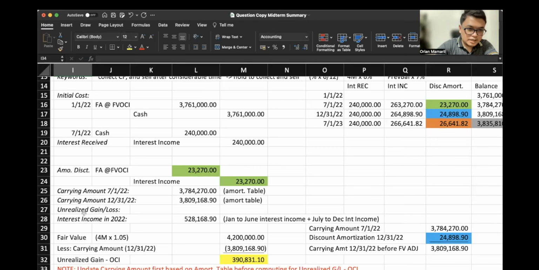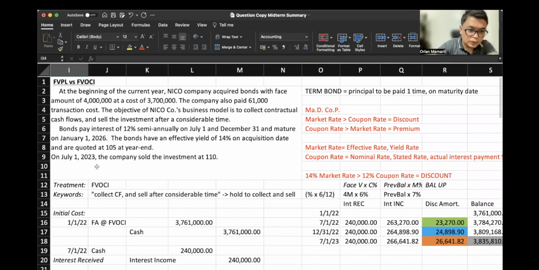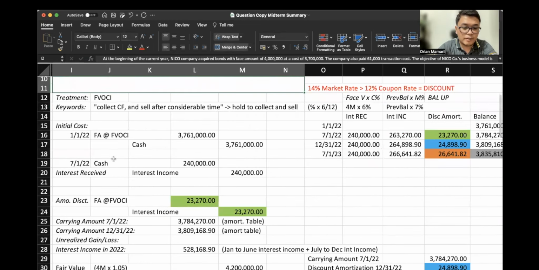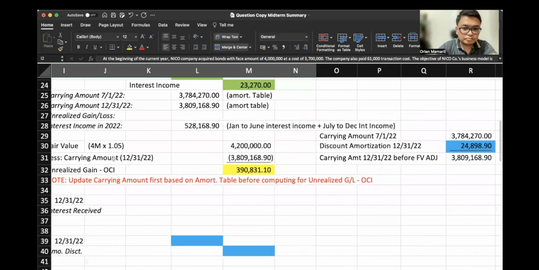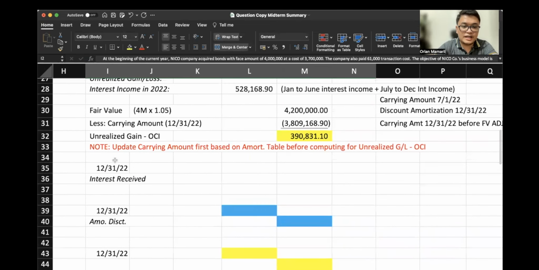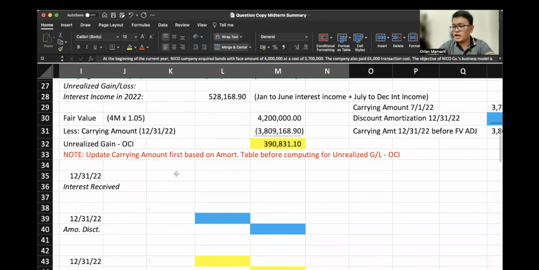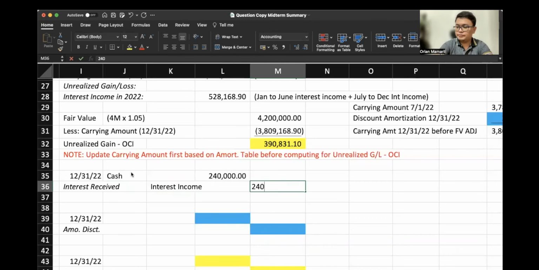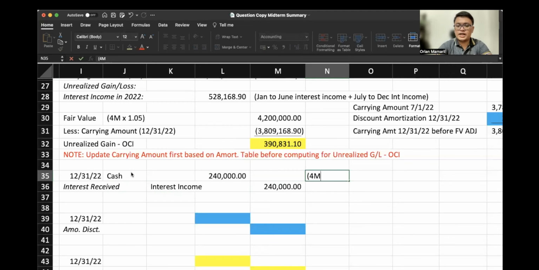Okay. We have transactions next year because we have sold our investment on July 1, 2023. Before we account for that, let's first recognize the interest received and the discount amortization up to July 1, 2023. That's our instruction from our table, right? And even before that, our journal entry at year end would be for cash received, that would be debit cash, credit interest income, 240,000. Once again, that is the face value 4 million multiplied by 12% multiplied by 6 months out of 12